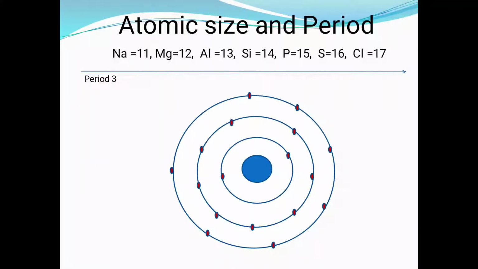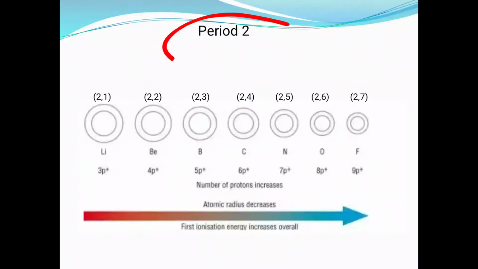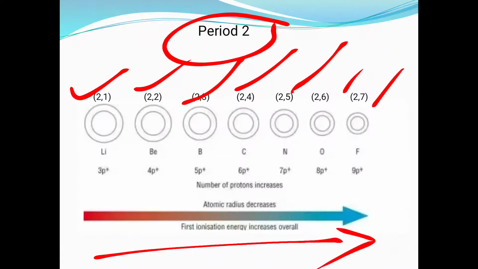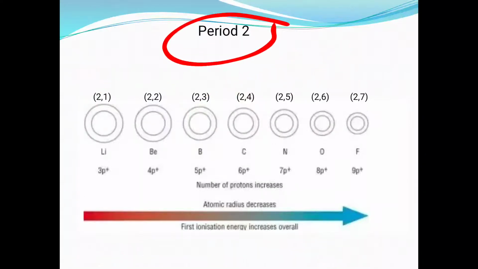So here let's see the diagrammatic representation. So this is period number 2. Here also the same shell is used to arrange the electrons as we go from left to right in period number 2. Here lithium, if you see, has 1 electron in its outermost shell. Next to it 2 electrons, 3 electrons, 4 electrons. Like this the number of electrons goes on increasing successively. Like that the number of protons also goes on increasing in the nucleus.